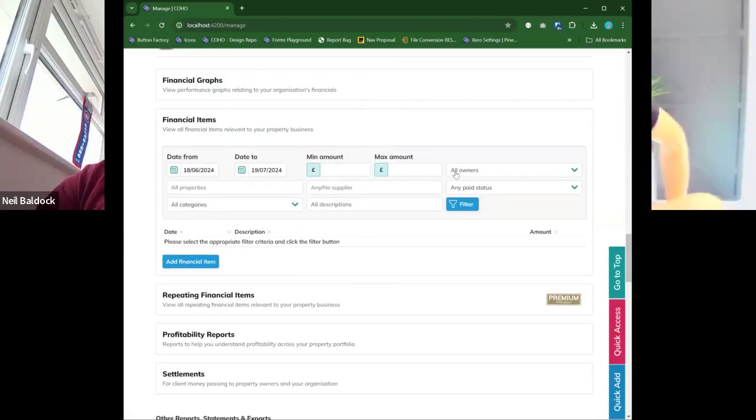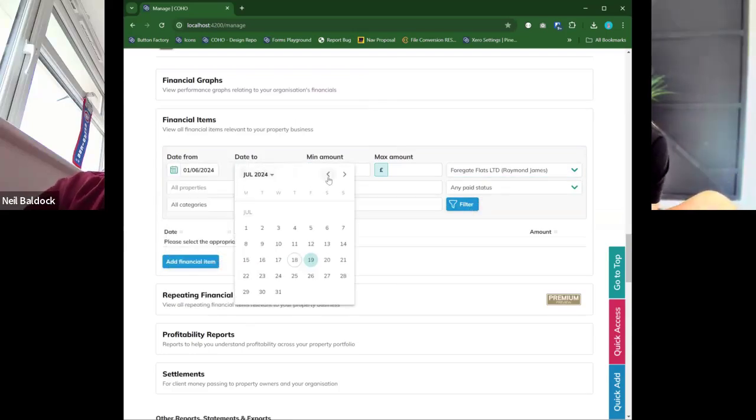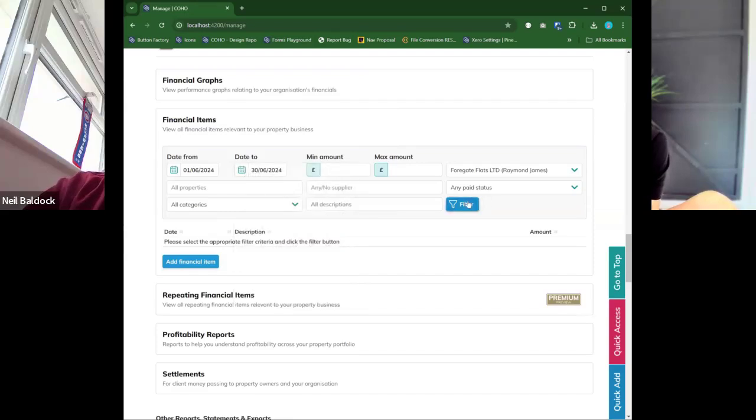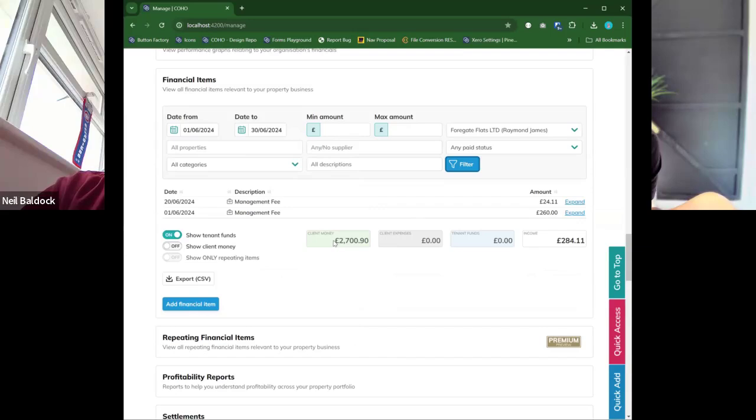Alternatively, if we picked only Raymond's properties on our financial items, we can literally cut the data however we want. So I'm cutting it here for the month of June. And we can see that in that month of June, £2,700 of rent was paid, and £284 of management fees were earned. So this is income for my organization. And that's pretty powerful. See how much you are making on a per property basis, or for a specific property owner, or